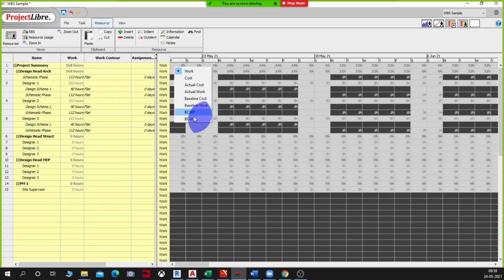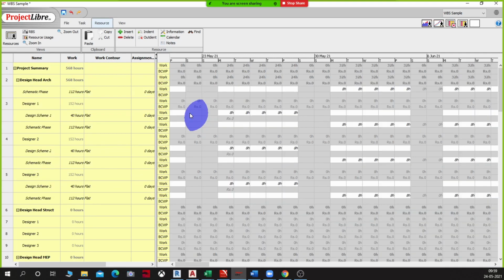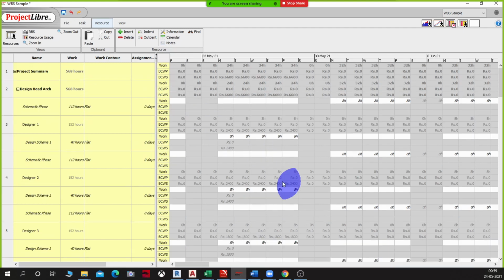These are basically my EV and PV values, the earned value and the planned value. The first one, BCWP, gives my earned value, and BCWS gives my planned value.